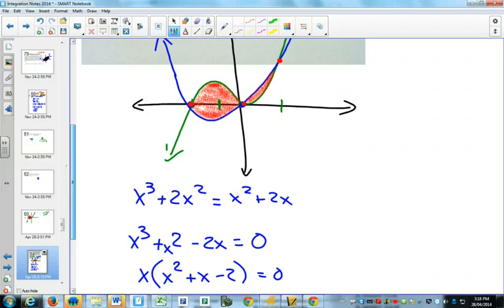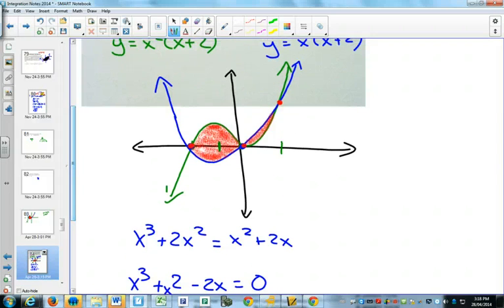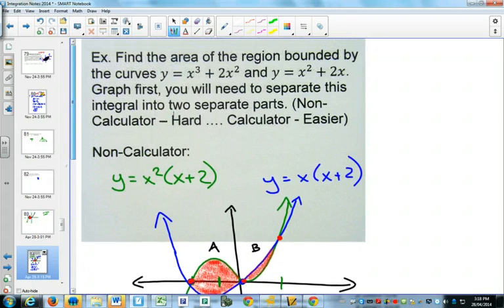So we've got our points. Now we can do the integral. The integral will happen in two different parts. I'm going to call this part A and this part B, just so that you can follow along easily. For part A, it'll be the integral. We're going to give these new names to make things easier. I should have had some gray out, but I only have white out. I'm going to call this f of x and this one g of x,